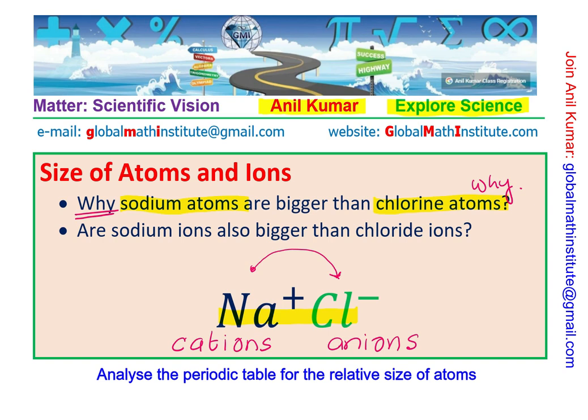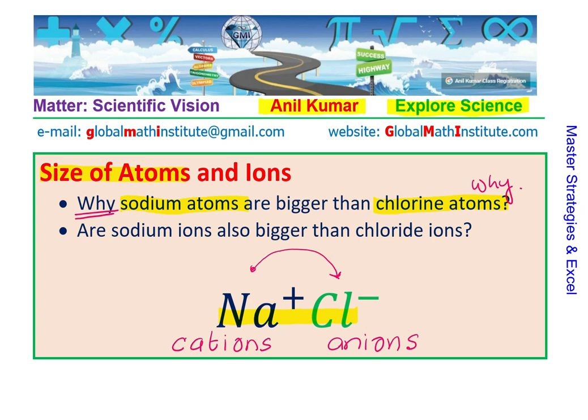Now, size of atoms: how do we find the relative size of atoms? Well, the position of elements in the periodic table gives us an idea about the size of atoms. So, if you look into the periodic table, let me write down the elements which are in period 3. In period 3, we have sodium and chlorine, both these elements, right? So it goes like sodium,